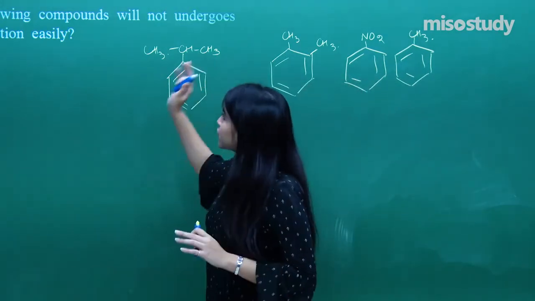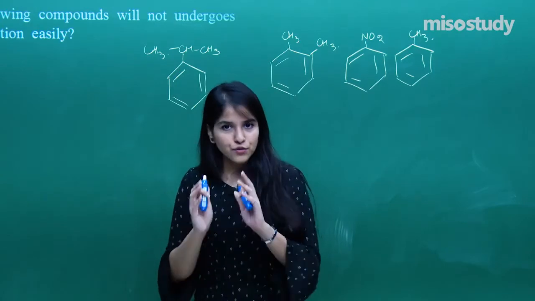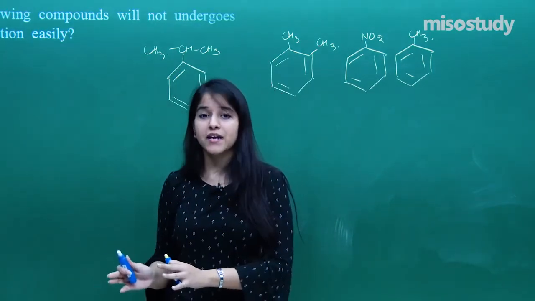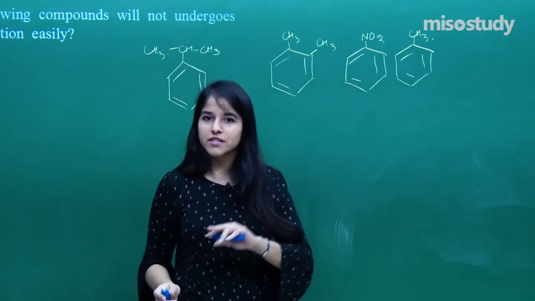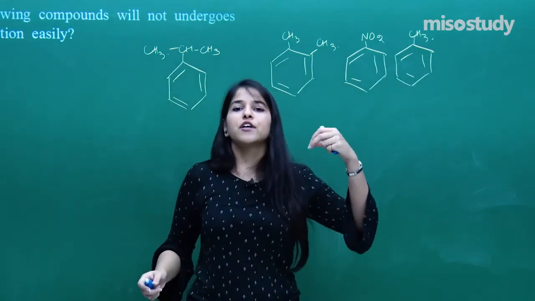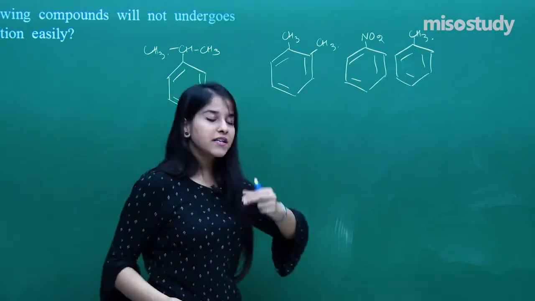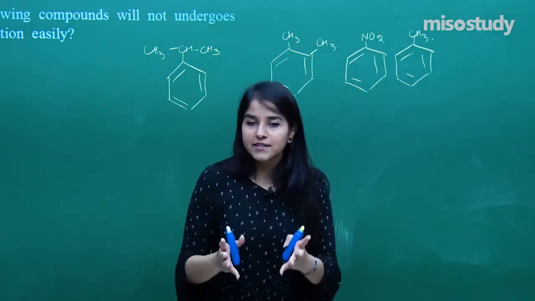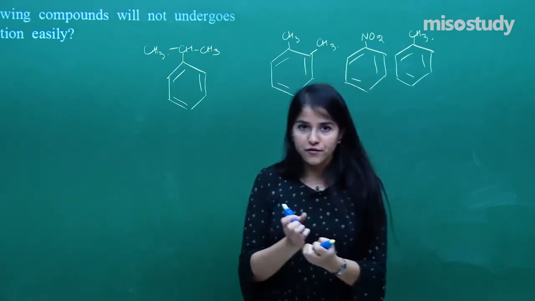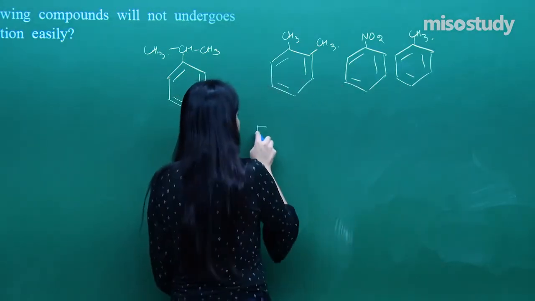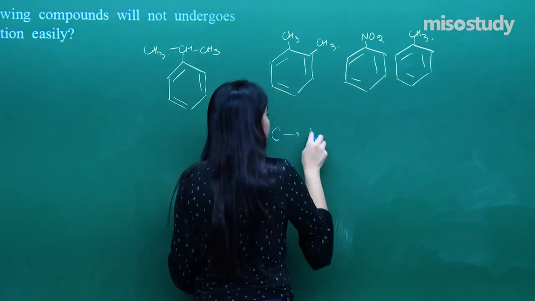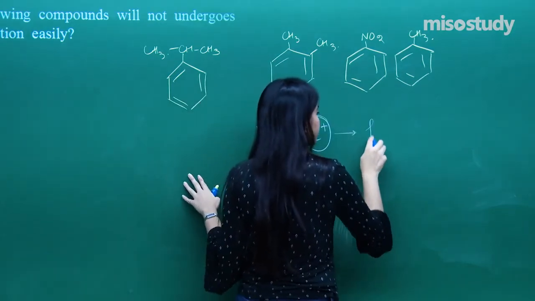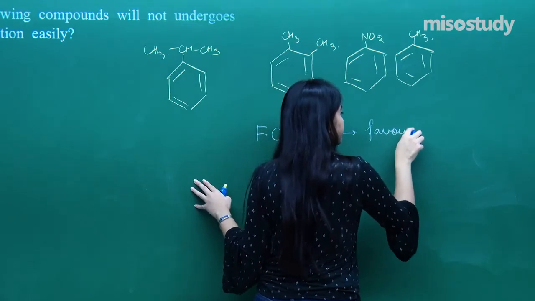You need to find which will not undergo Friedel-Crafts. So what is the basis of Friedel-Crafts? That is an electrophilic substitution reaction. I hope you have recalled the concept. So you need an electrophile or an E+ to attack onto the benzene ring. The structure having the highest electron density will be most favorable. So Friedel-Crafts is always favored where the ring has more electron density for the electrophile to attack.